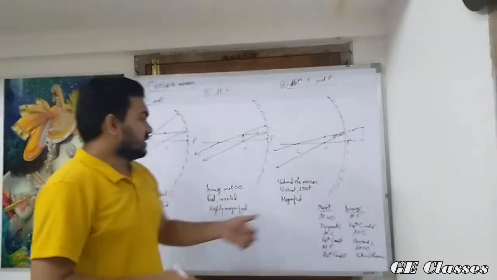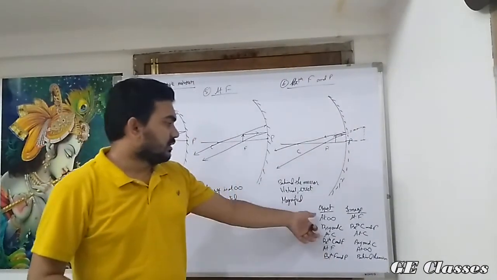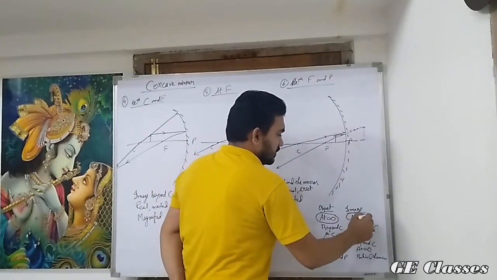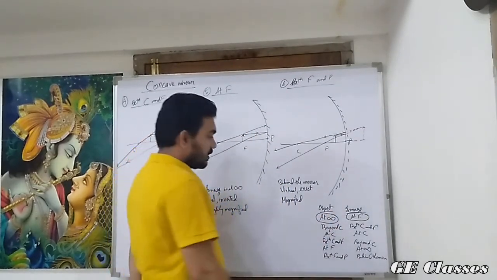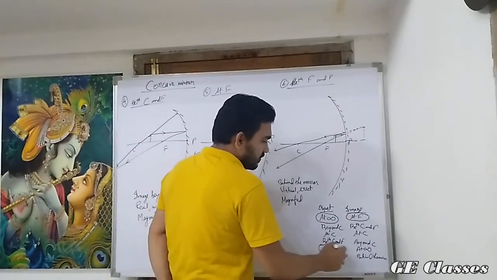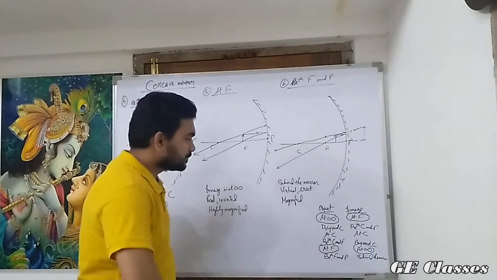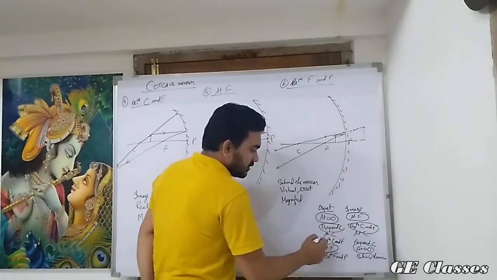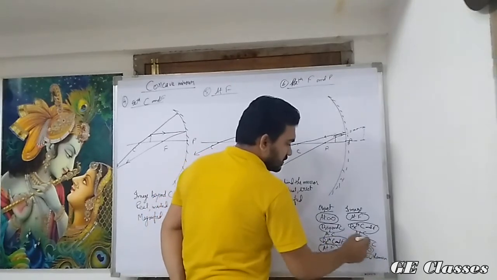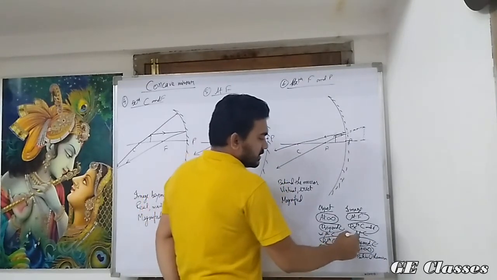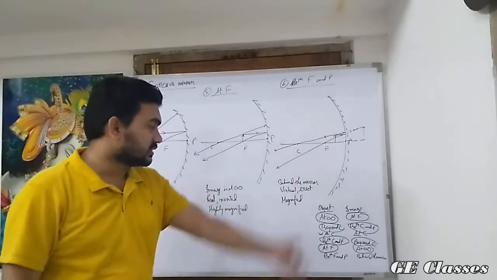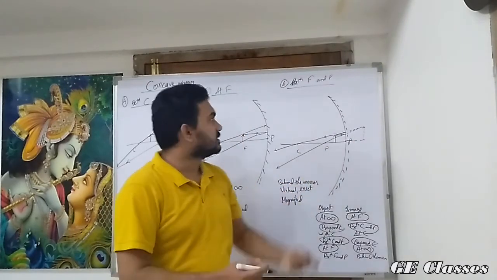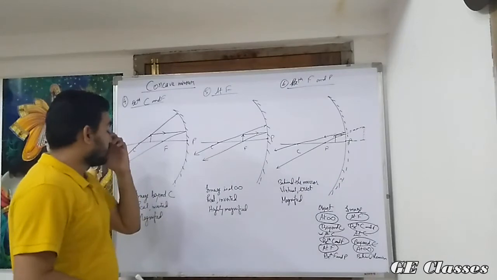One thing we can easily relate to is that when the object was at infinity, the image was at F. Now when the object was at F, the image was at infinity. Reciprocal. When the object was beyond C, the image was between C and F. And when the object was between C and F, the image was beyond C, and when it was at C, the image was also at C. And this is the odd one out, between F and P. This gives a virtual image. These are the cases of concave mirror.